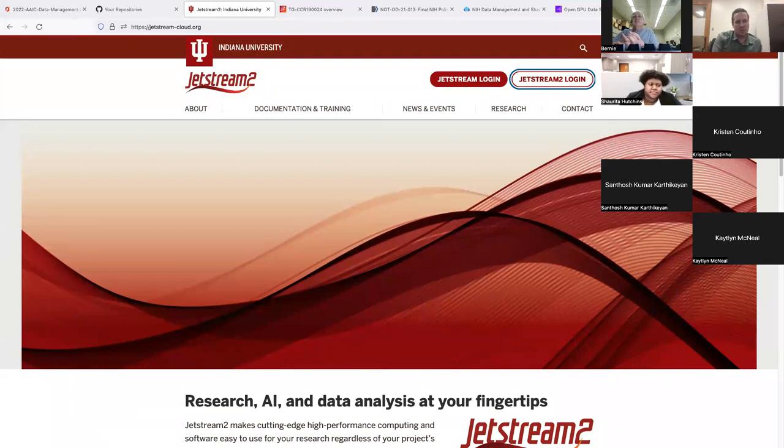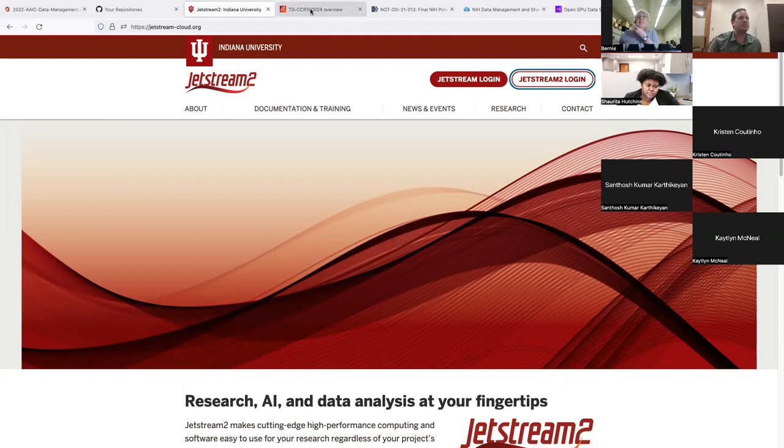So the second thing that I'm going to show you is the cloud computing resources. Again, this is Jetstream 2. There was a Jetstream 1. It was a 5-year project funded by the NSF for the XSEDE group. XSEDE is changing to ACCESS, which is a new group, but similar. And the new 5-year project is called Jetstream 2. And it's, again, a supercomputer, a cloud computer that you can access as a US-based researcher, prepaid by the NSF,